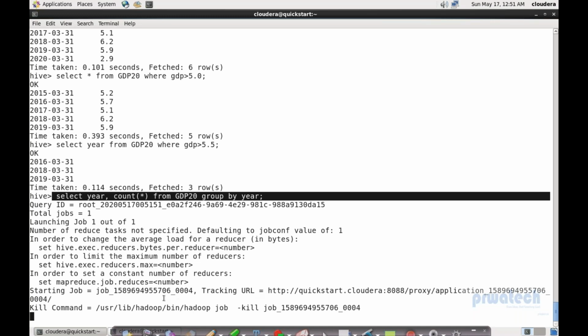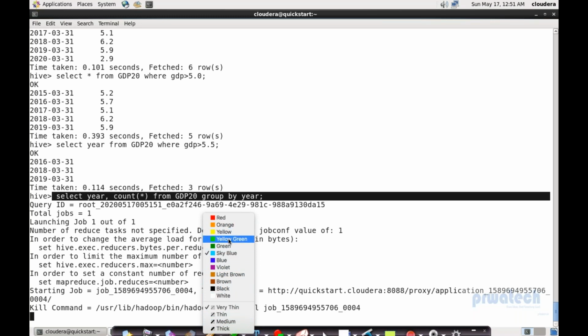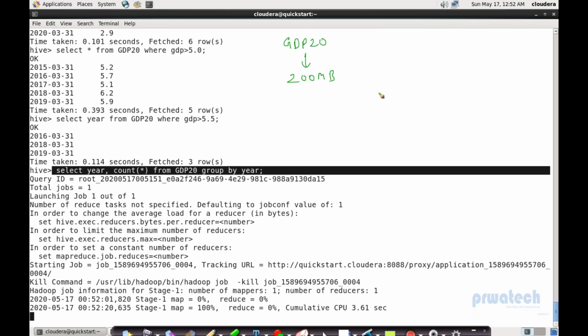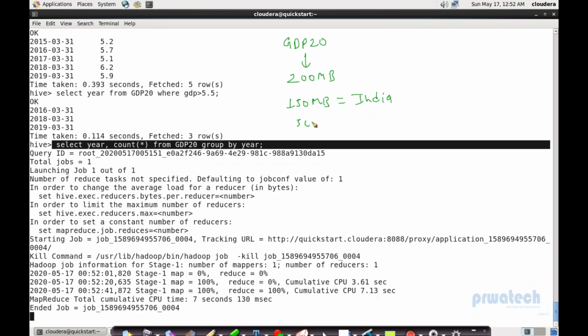Let me have a quick question here. So if I'm asking you guys, try to answer, okay? I have this result available in this GDP table. In this GDP 20 table, I have say total result available 200 MB. Okay, 200 MB is total data. Now, out of this, 150 MB data belongs to one specific country. Let's say that's India only, and other 50 MB data